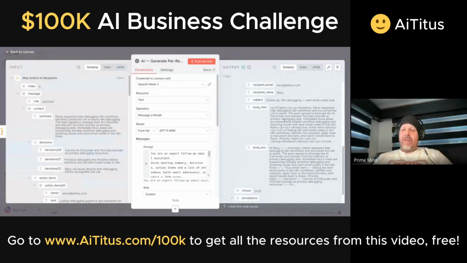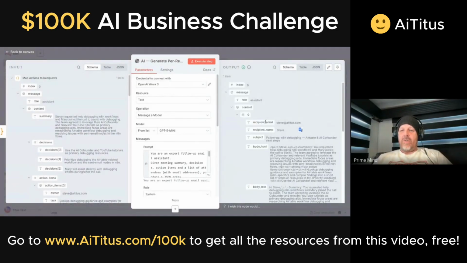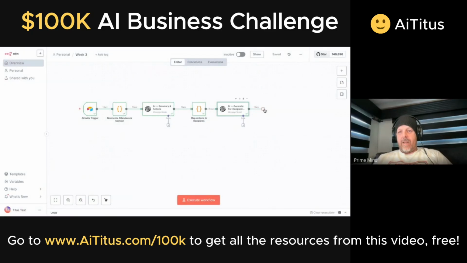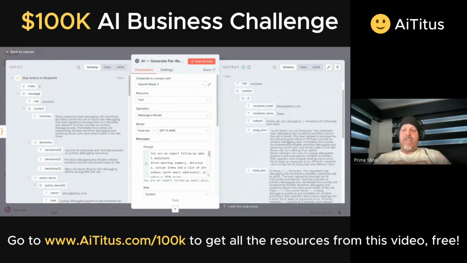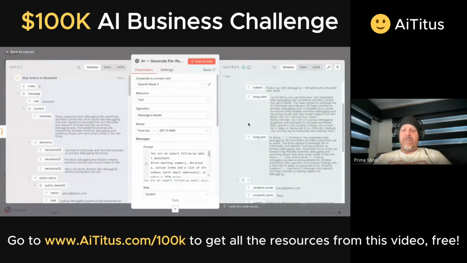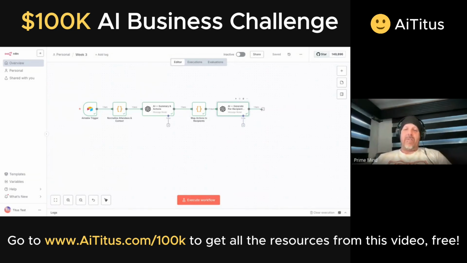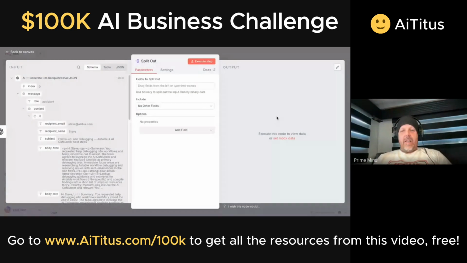So then we've got two emails here, one to Mary at Titus and then another one to Steve at Titus. And then we can go through and so what we have here is we've got these two email addresses. Now you see they're two separate. There's 0 and there's 1. So I can do something here because I'm getting off our AI a little bit, is I can do a split out and I can split out, well, let's see. I'm going to split out,